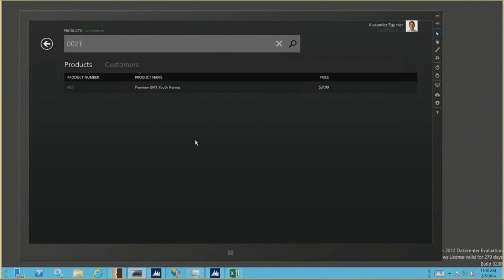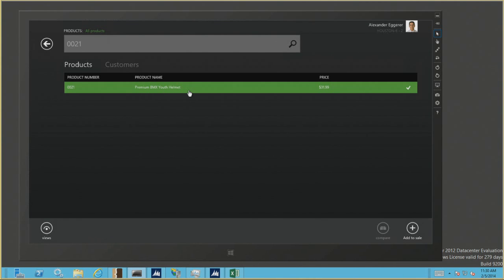Like here at this point, right? It went back to AX as a transaction service call and pulled the basic data down. And what I mean by that is the product number, the product name, and the prices. Now, at this point, from an experience standpoint, I will not go through the same process multiple times. You basically have the ability to see the product details, or you can actually go ahead and add to